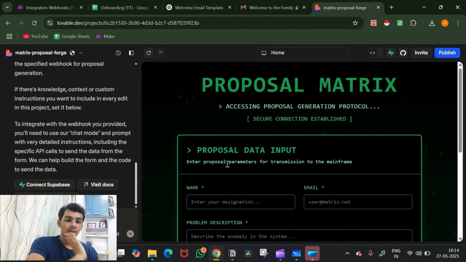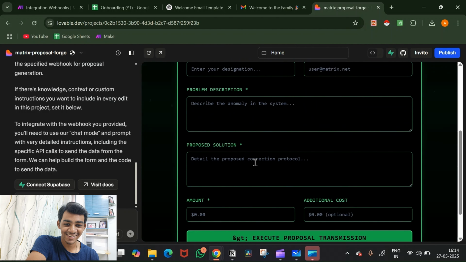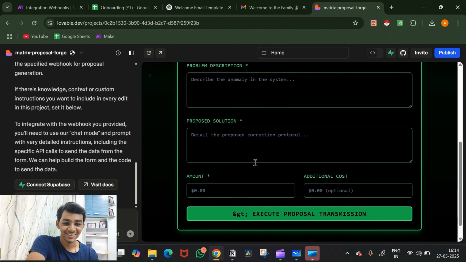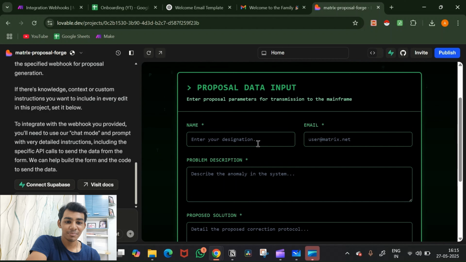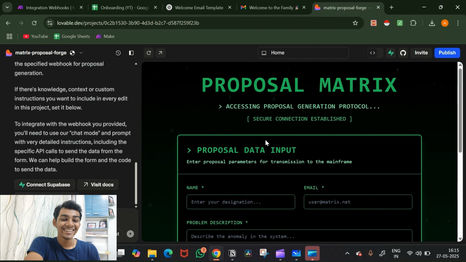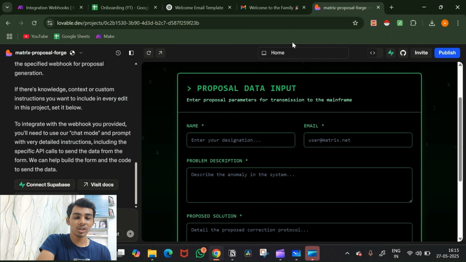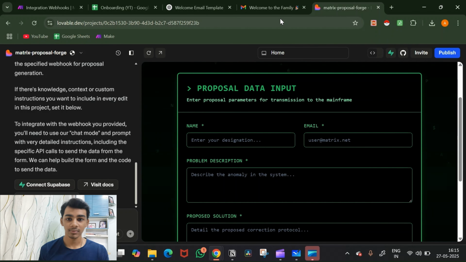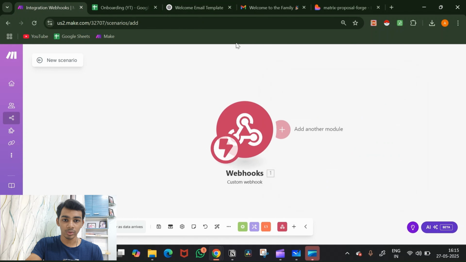Wow. Okay, that is amazing. That is amazing. Enter proposal parameters for transmission to the mainframe. That's accessing proposal generation protocol. Secure connection established. That is pretty amazing. Okay, so here's what we're gonna do. We're gonna only test this once, but as a safety measure,